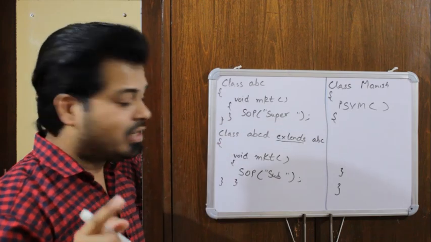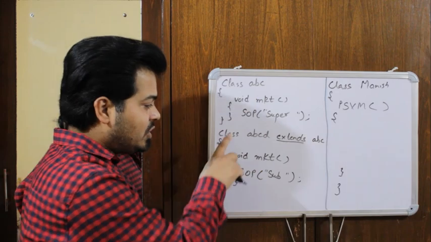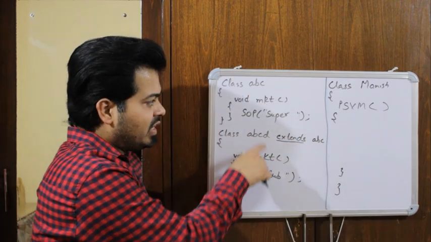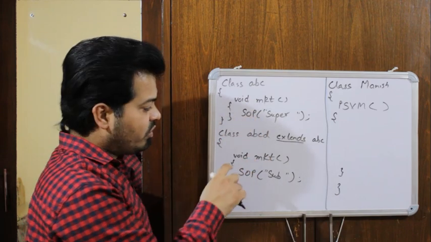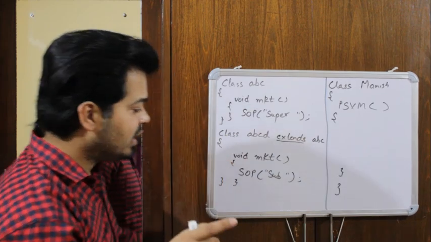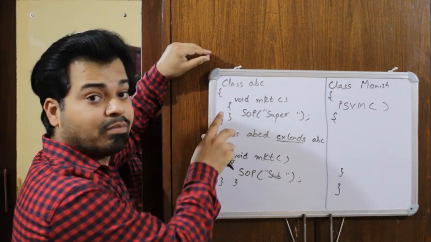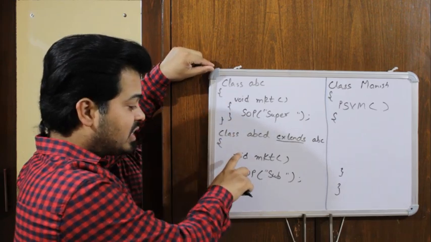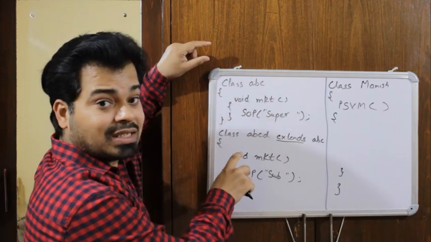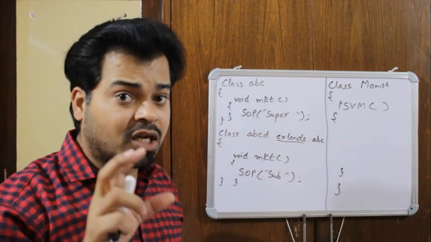But as you know, your method name, this mkt and this mkt, are both the same, and since this class is inheriting the properties of a superclass, and since the method is the same, even though you create an object for this class and try to call this method, only the subclass implementation will be executed, but not the superclass implementation, because this method will override this method. That means your subclass method will override your superclass method, and this is all about method overriding.